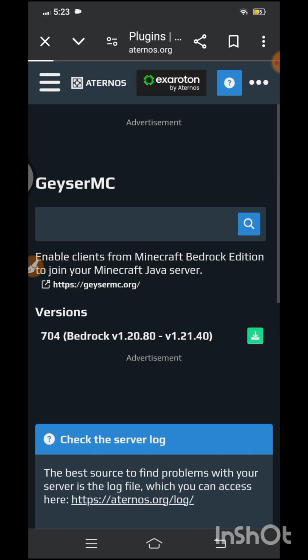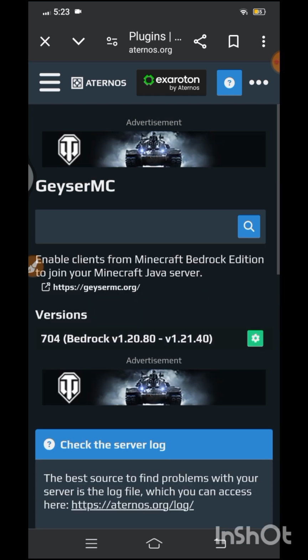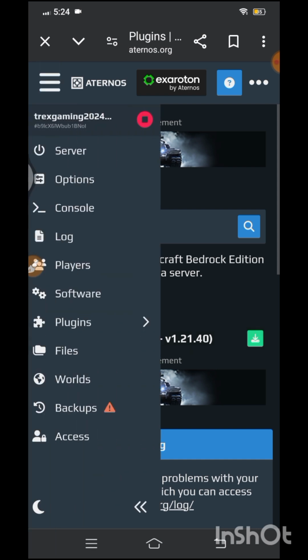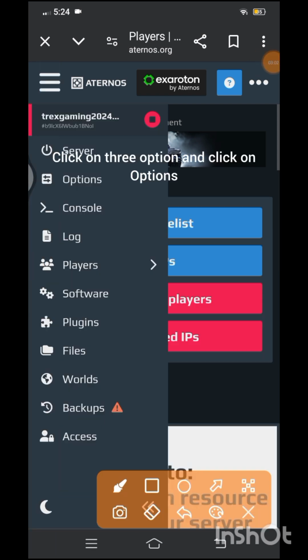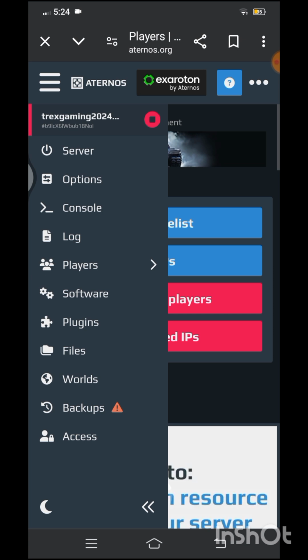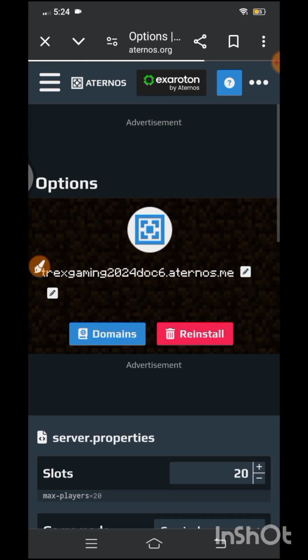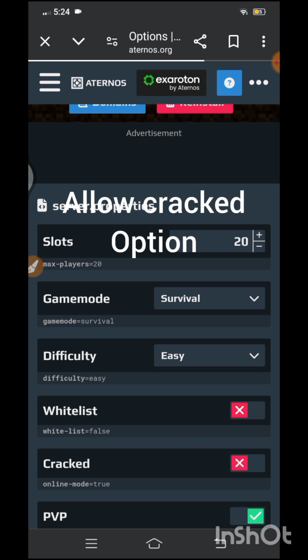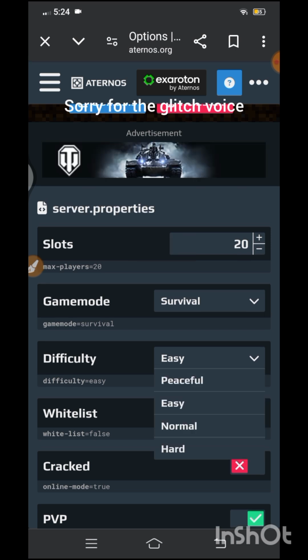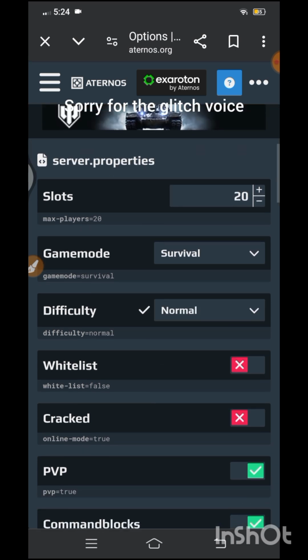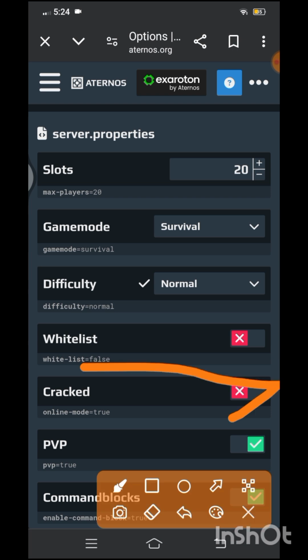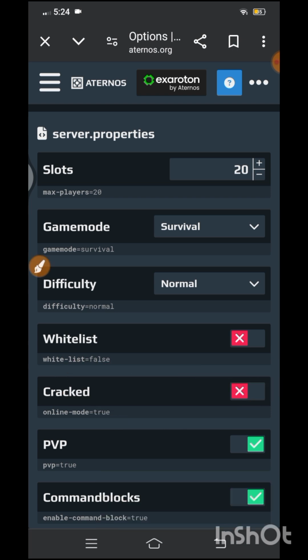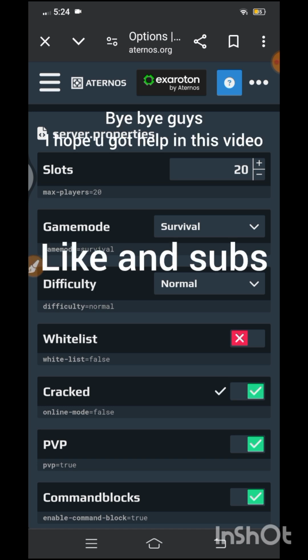It helps Java edition to play on your Bedrock edition server. Download it. And again click on three options, and click on option of